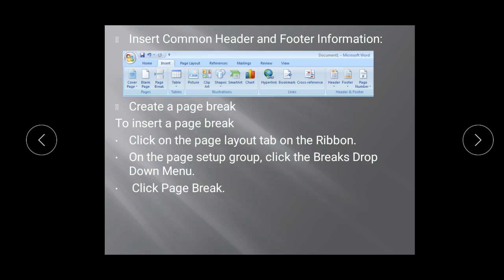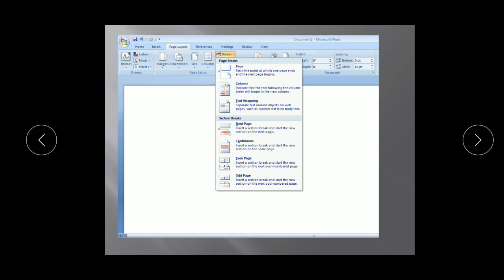Or you can go to the Insert tab and you have the pages option where you can page break. So there are 2 different ways to go for a page break. In the Page Layout you have breaks, and these are the options for breaking: page, normal page, column, that is after every 2 columns I need a break at the left and right hand